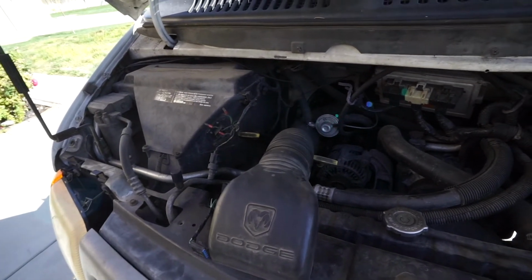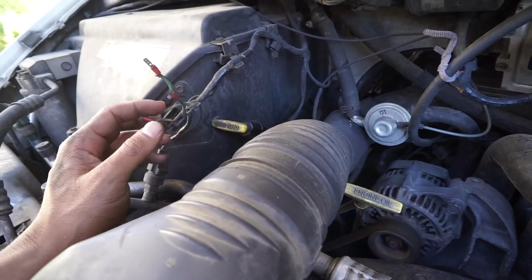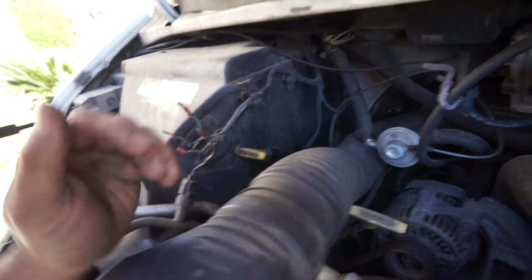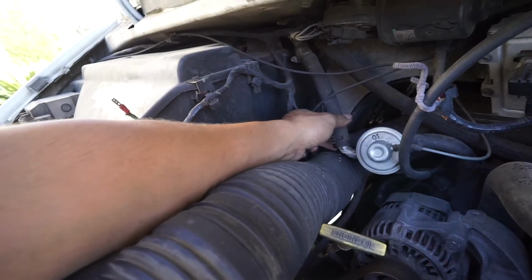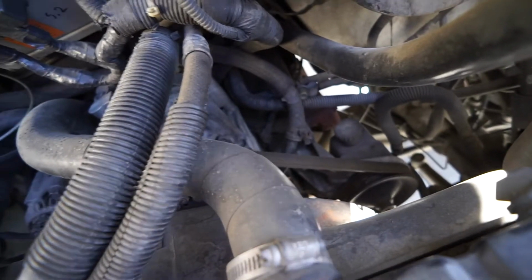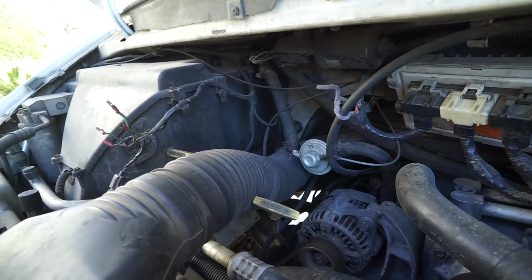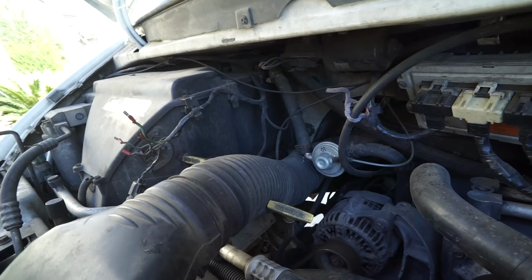And I might try to flush out the heater core today after I fix this, and see if that changes, because the heat is not very strong when I turn it on, even when the car is at temperature. So I think these are the hoses that go into the heater core. So I might just remove maybe this side, and then this goes down here, but I think I can remove it right here. And then I have a hose barb attachment that goes to a garden hose, and then maybe just run some water through it both ways and see if that doesn't maybe loosen up some gunk in there and just get it out,